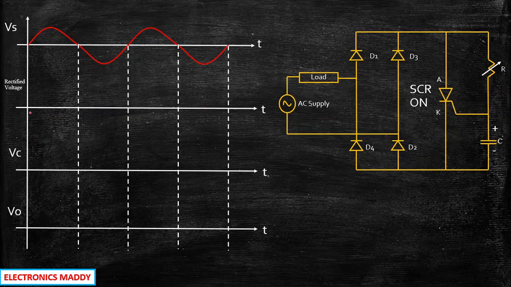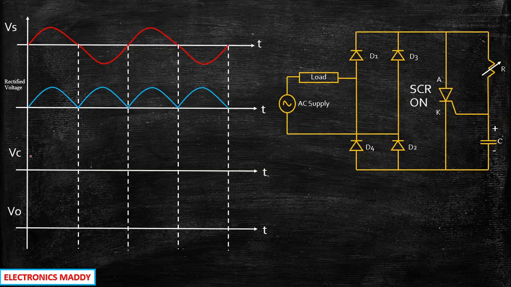So how do we get that? It will basically be whatever the supply is. During positive half cycle, plus and minus was appearing and D1 and D2 was conducting, and because of this the positive voltage is appearing at this point. During negative half cycle, what happened? Again positive and negative voltage appeared at this point, isn't it? So again you will be getting a curve like this. Again during positive half cycle you will get a curve like this. During negative half cycle you will get a curve like this. So basically it is a rectifier output.